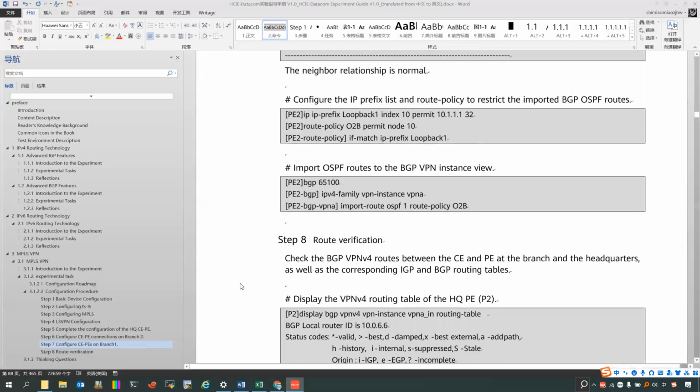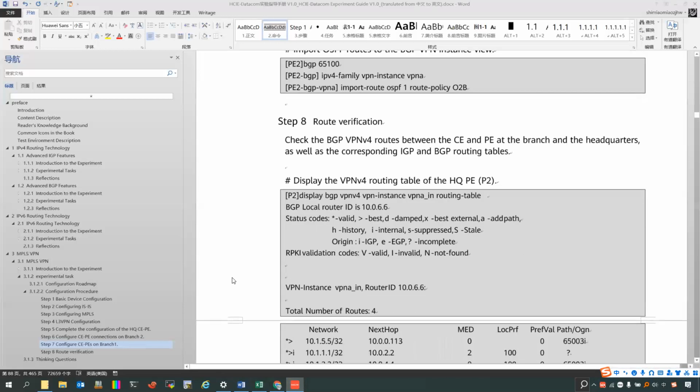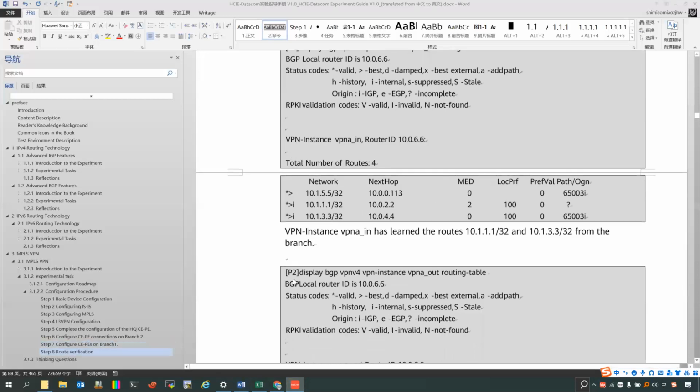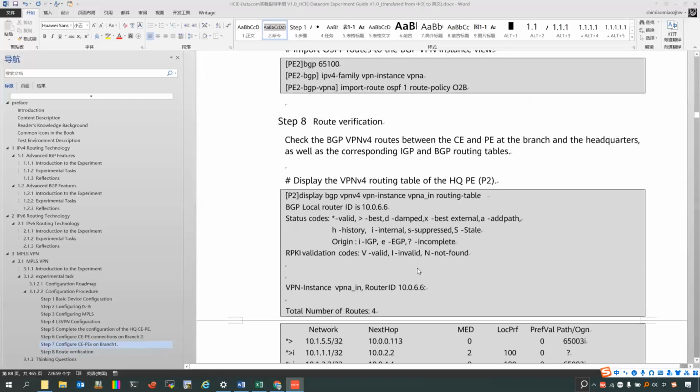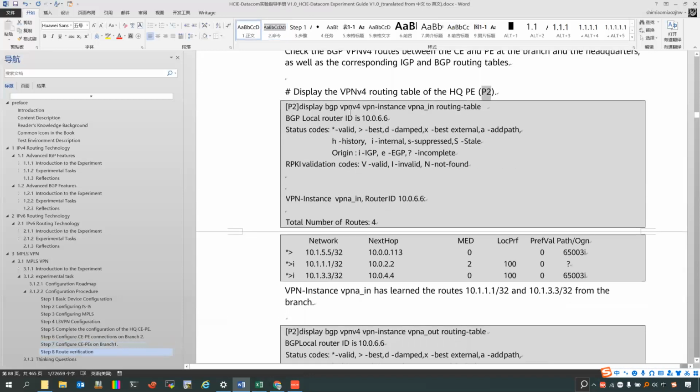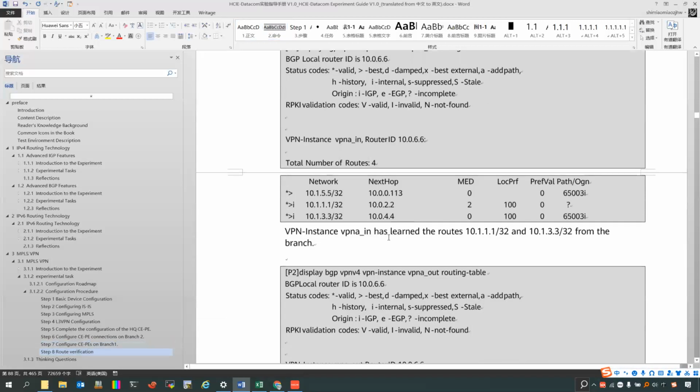Okay, last step is router verification. We need to check if the router's next hop follows our design. First, we need to check the VPN-v4 routing table of the HQ's PE. It is P2, and we use this command, display bgp vpnv4 vpn-instance VPN_in routing-table, and you can find that